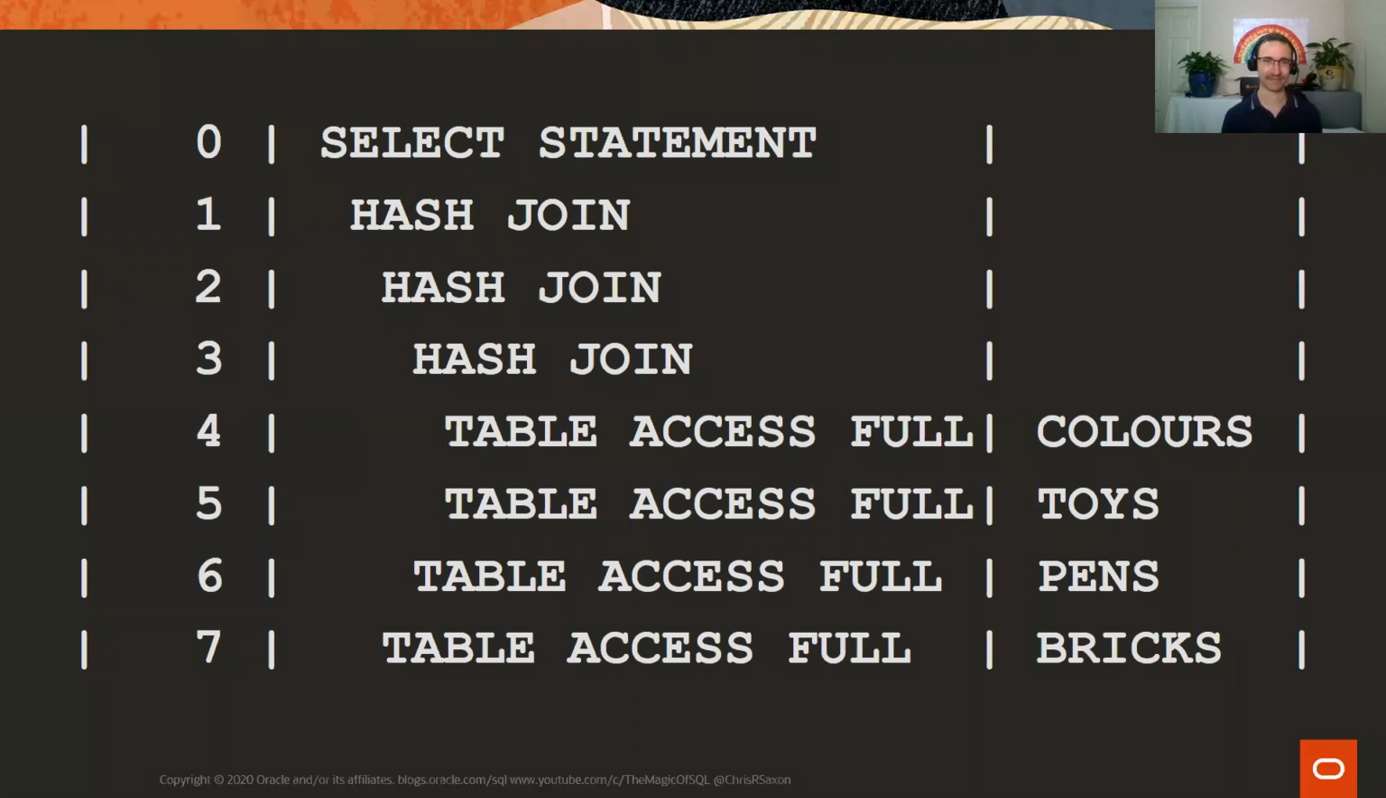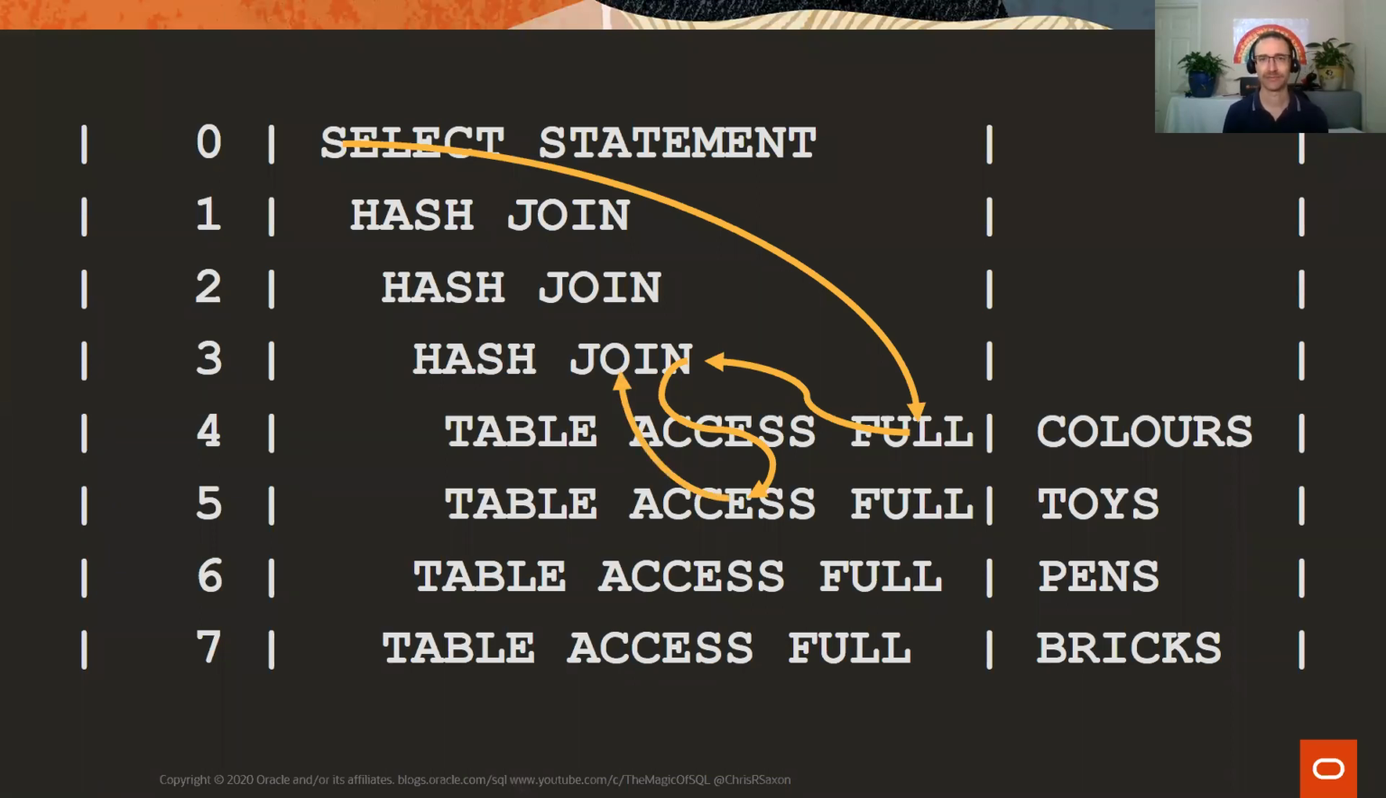Okay, so again, we'll start at the top, that select statement, and we will travel down the plan till we find the first unvisited leaf, the thing with no children below it. So that's that full scan of the colors table. We'll read the rows out of that. It will pass them up to the hash join. We then look for the next unvisited leaf. That's the full scan of the toys table below it. Read the rows from that, pass those up to the hash join,